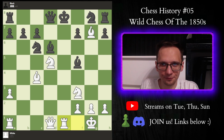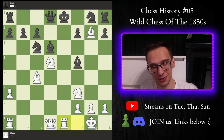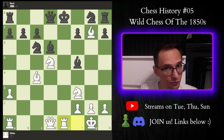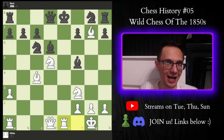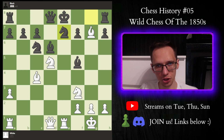Very, very, very natural. And yeah, black played the worst move on the board. The position is losing, like +7, +8 and counting. But the worst move is always the one that allows mate in one. And it's a funny little mate. This is why I picked this game. So knight g to e7,